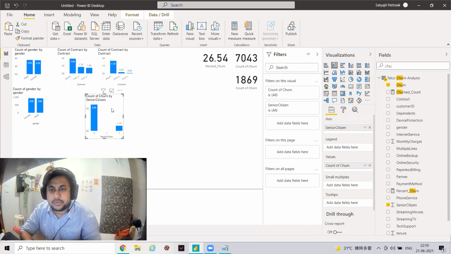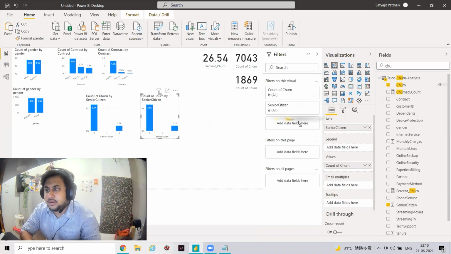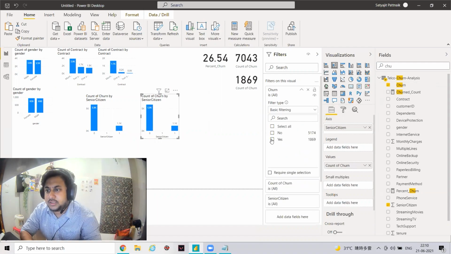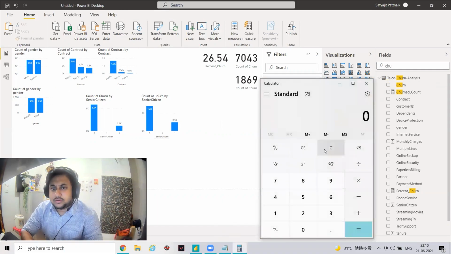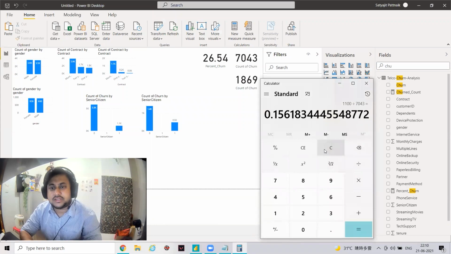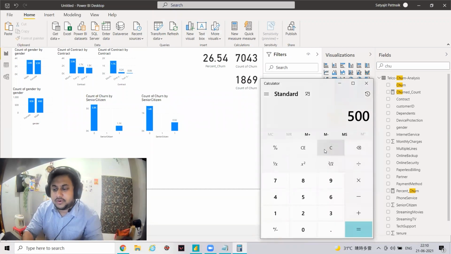Similarly, if I just copy paste this, and then I will add the filter here that churn is yes. Now you can see, what is the ratio? Almost 1100 divided by 7043, almost 15% are senior citizens. And here 500 divided by 1869.